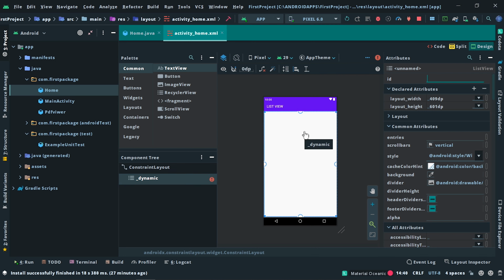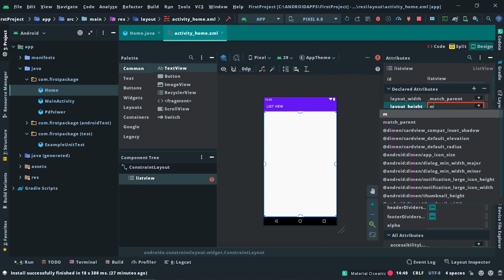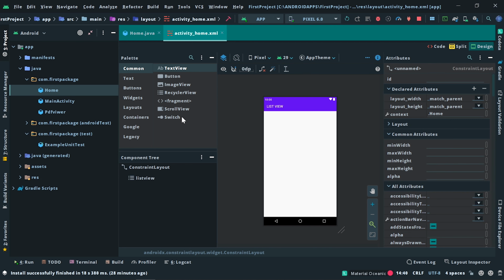I'm giving the ID as list view, and I'm setting the layout width and height to match parent. You can see now the width and height are match parent. That's all for the XML file.